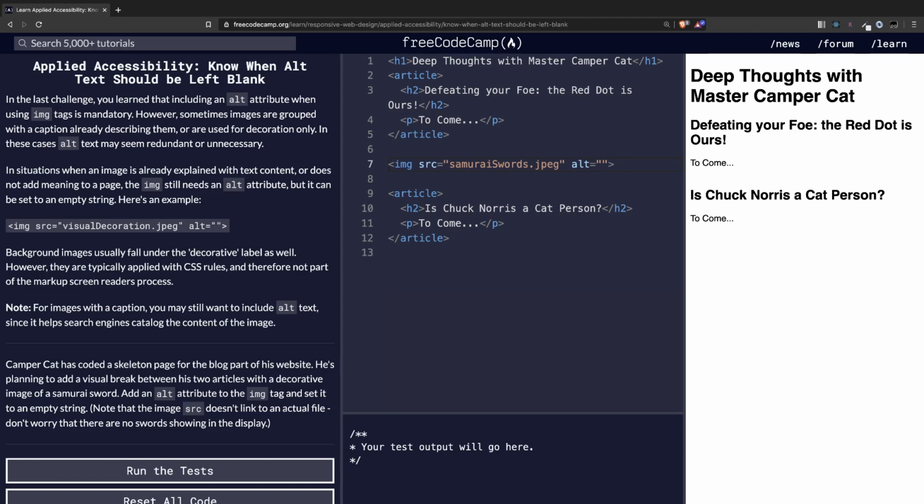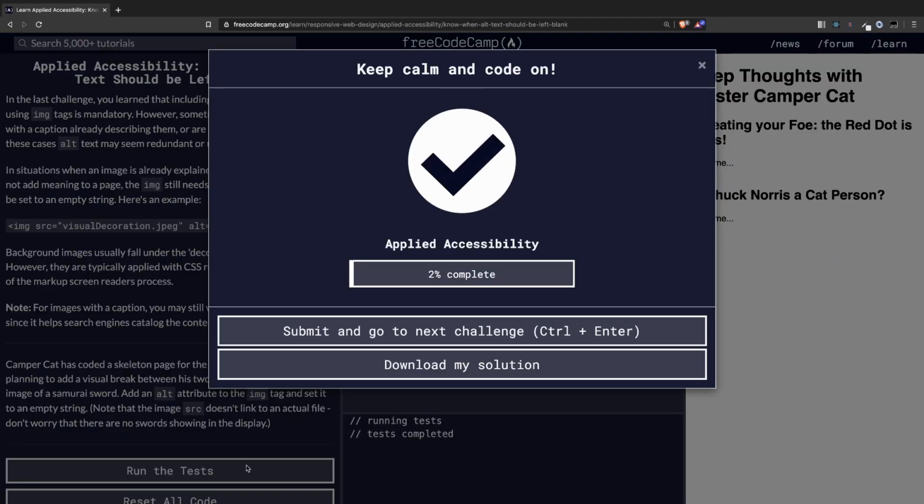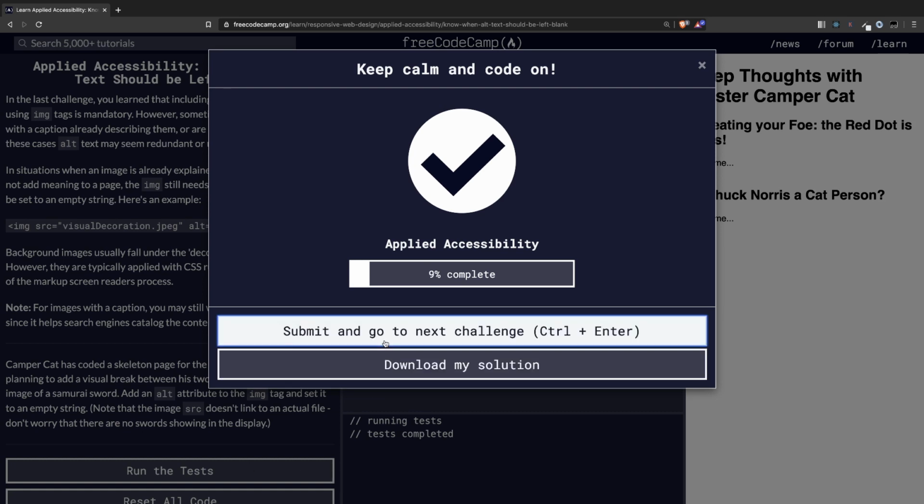Note that the image source doesn't link to an actual file. Don't worry that there is no source showing in the display. Okay, so yeah, you can see that without the alt tag we have the broken image icon, and if we add an empty alt tag, then it's gone. Good. Next,